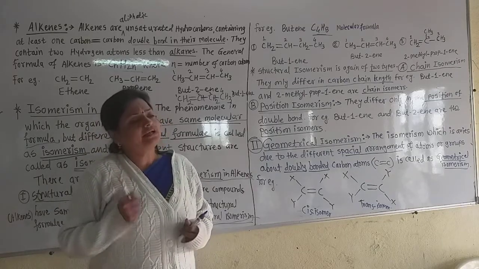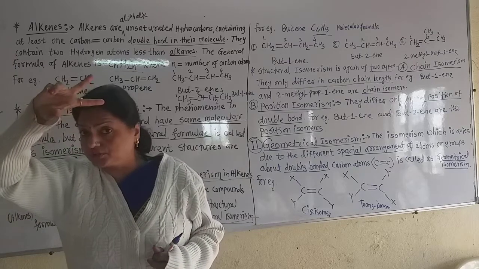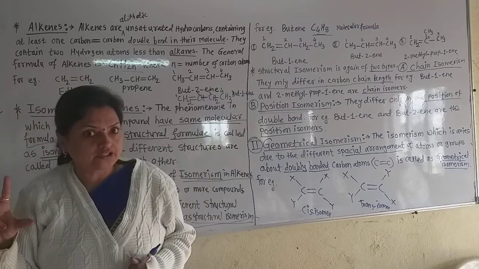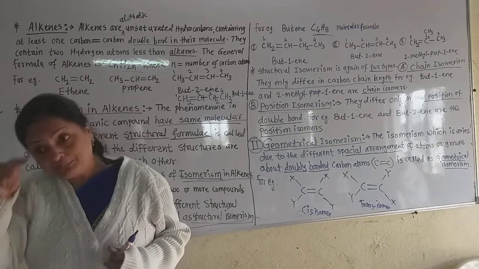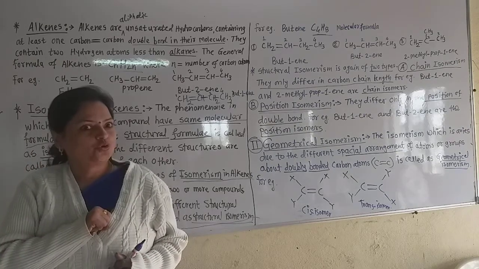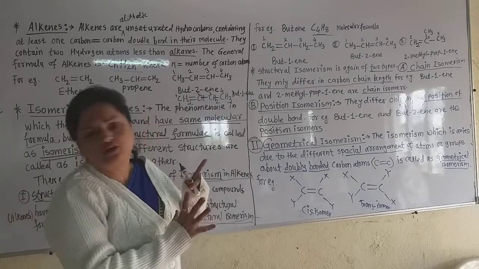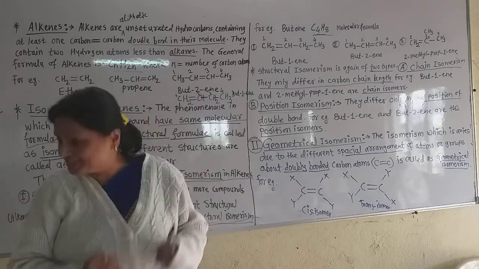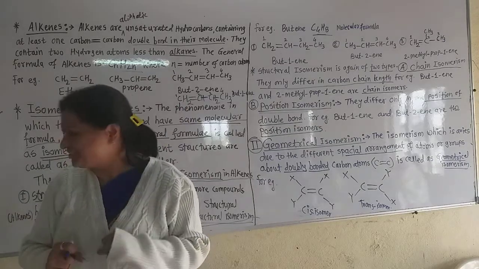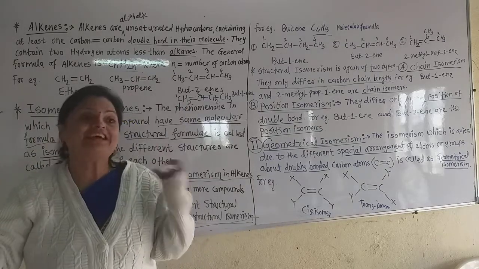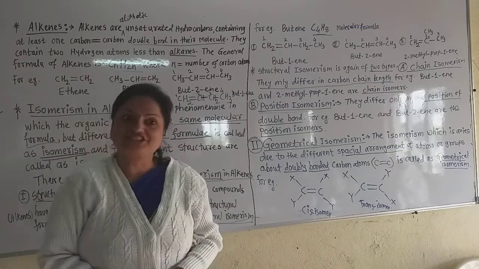In geometrical isomerism, now you remember that the structure of organic compounds is three-dimensional. That means they have length, breadth and height also. So in space that is the structure, but on the blackboard we only draw the two-dimensional structure. But actually there are models of these structures in the higher laboratories for BSc, MSc.